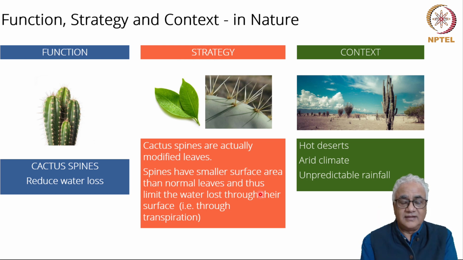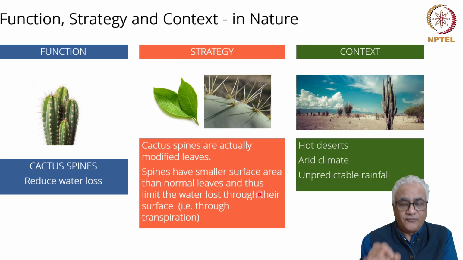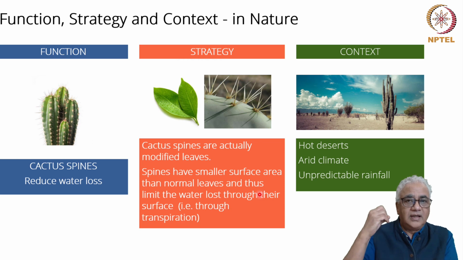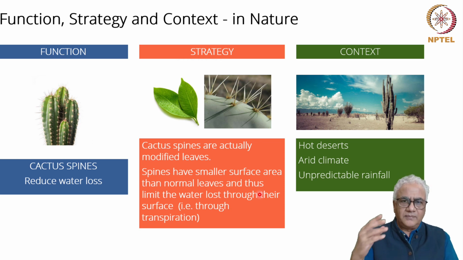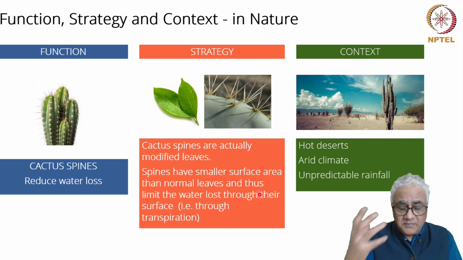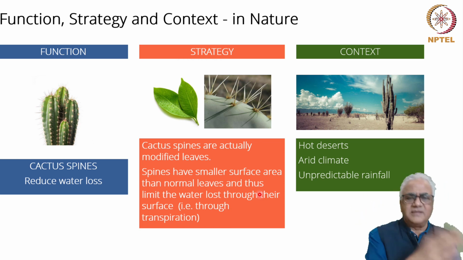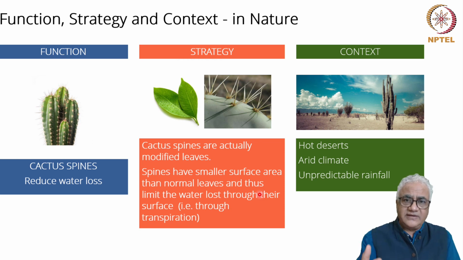So what you have learned are three important words: function, strategy, context. Remember the examples, right? Spectacles, one example. Polar bear, one more example. Lotus leaf, one example. And cactus spines, one example. Whenever you need to remember function, strategy, and context, just come back to these slides, and remember these three words will keep coming back in everything that